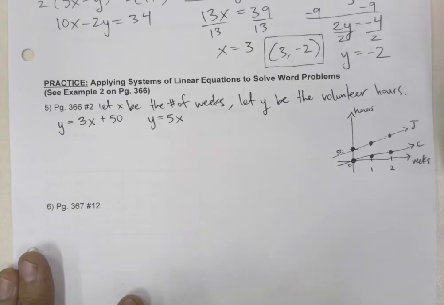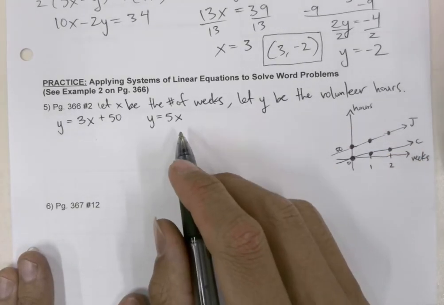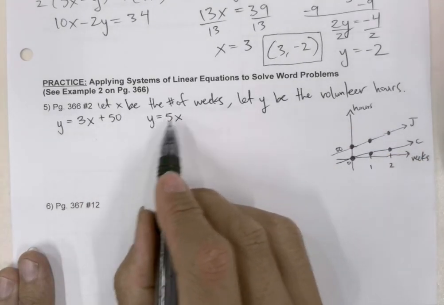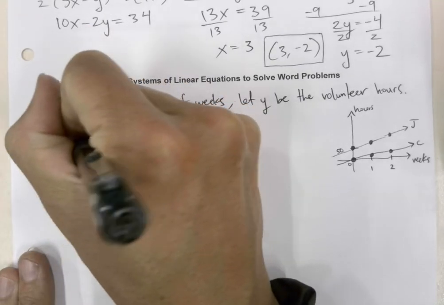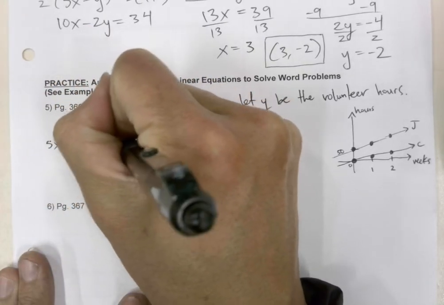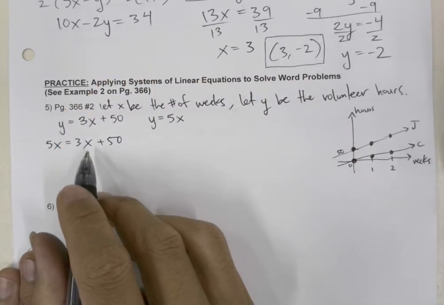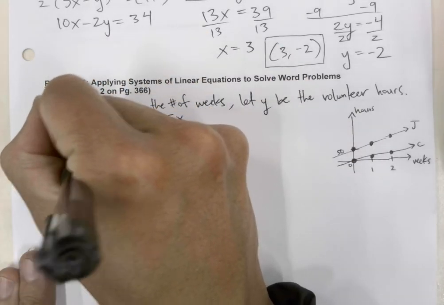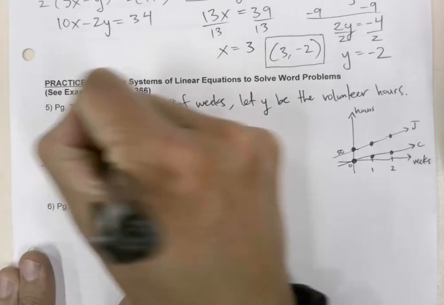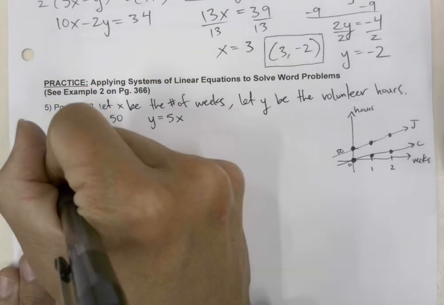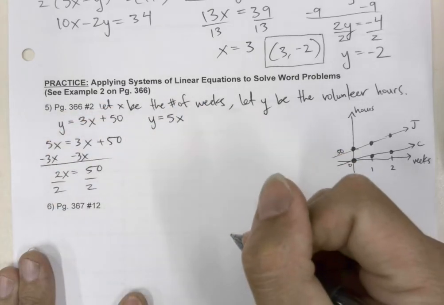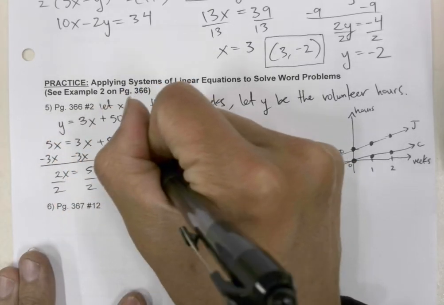So let's go ahead and do that. Let's apply substitution here. Let's substitute 5x instead of y in the other equation. It's going to become 5x is equal to 3x plus 50. Then we are going to subtract 3x from both sides of the equal sign, and we'll get 2x is equal to 50. We're going to divide by 2 on both sides of the equal sign, and we'll get x is equal to